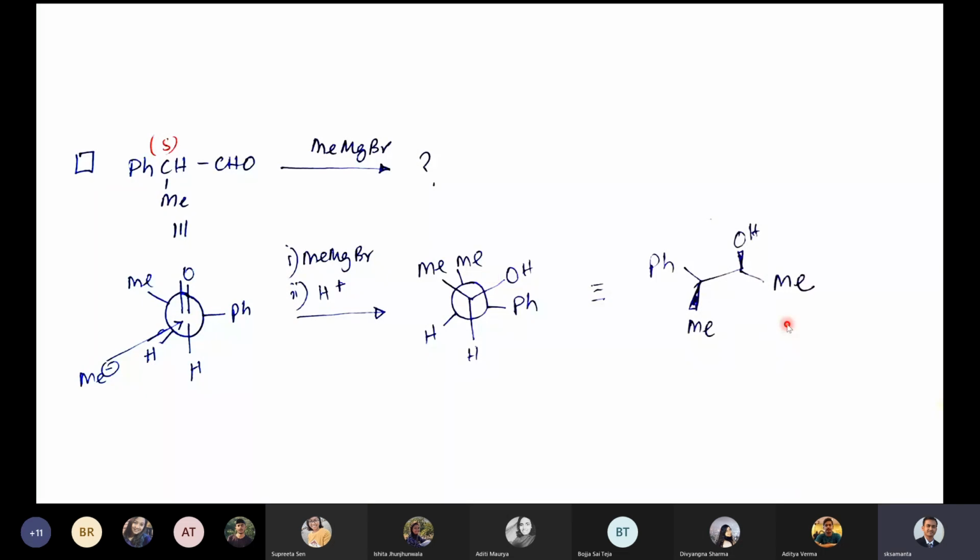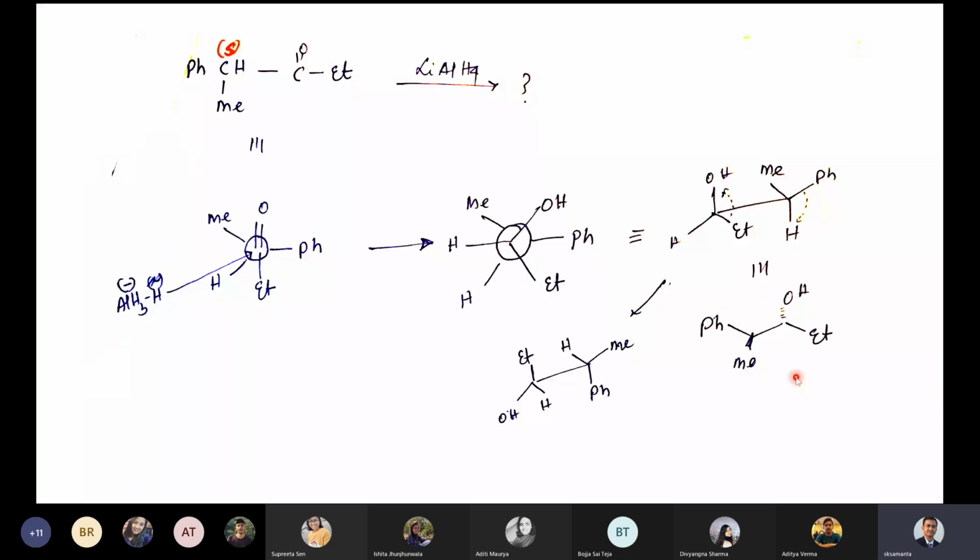Okay, now this is only one part. What is the second part? The second part is where this phenyl group will be on the other side. Just rotate it 180 degrees. Phenyl will be on the other side, methyl will be here, H will be there, and in that case your methyl minus will attack from here, because attack from the other side will not be possible since methyl will be there. But that will be your minor product. So this is your major product and you also have to write your minor product. Got it? So these are the two products you have to make.